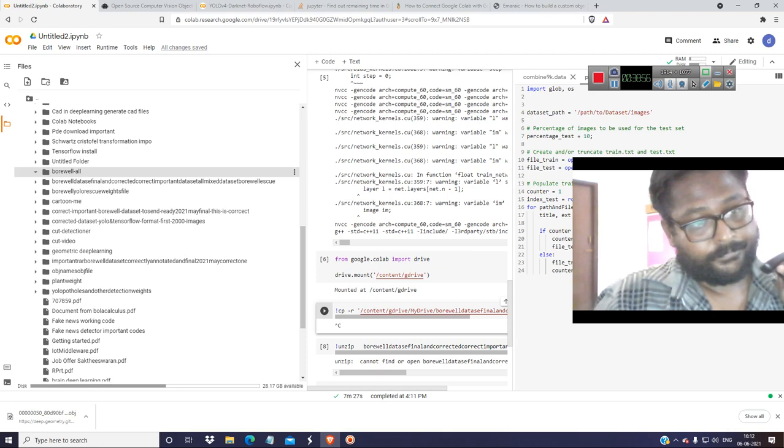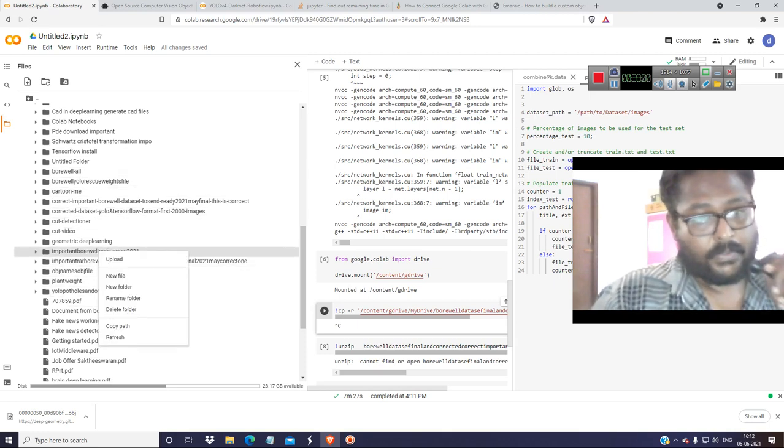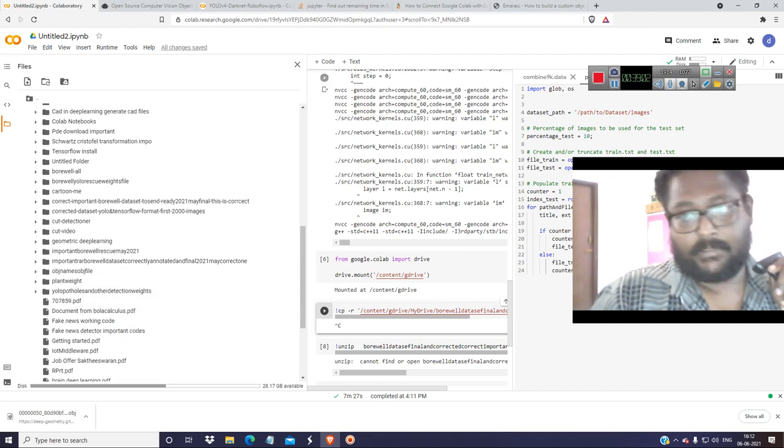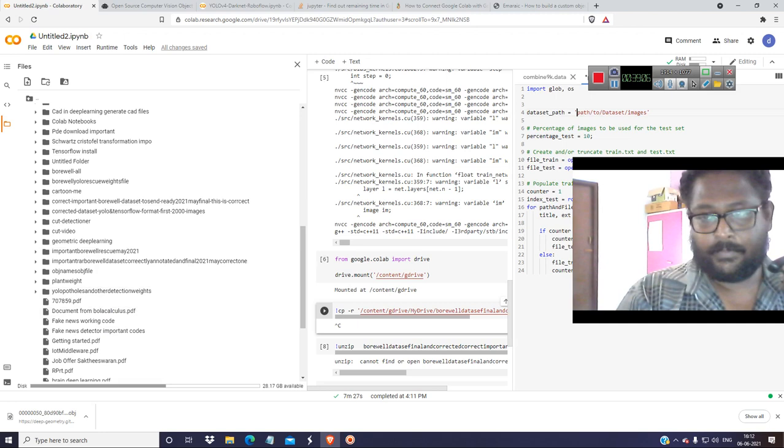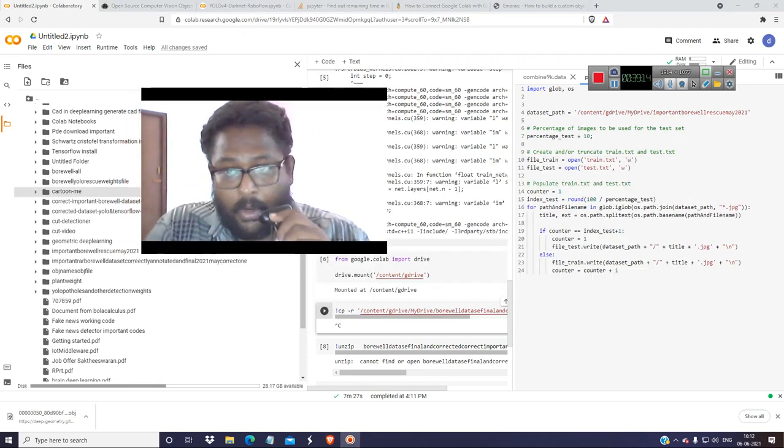Okay, and this is the thing. So I'm just copying this path and pasting it over here. So I'm just using it directly from the drive, which consists of more than 3000 images with text files, all those things.